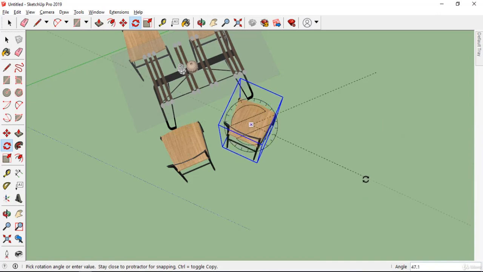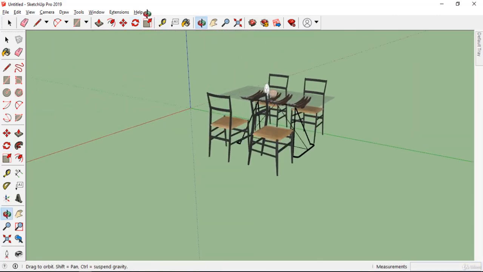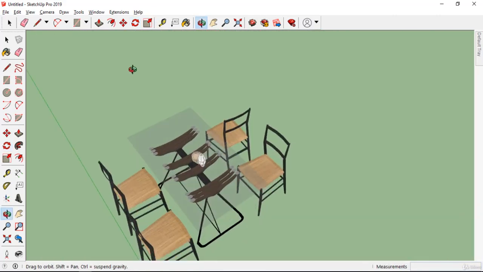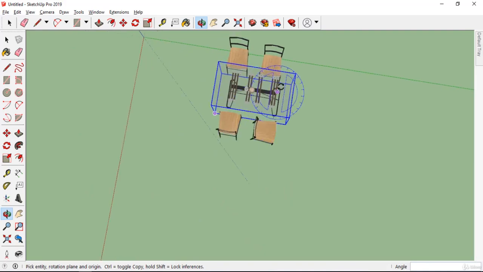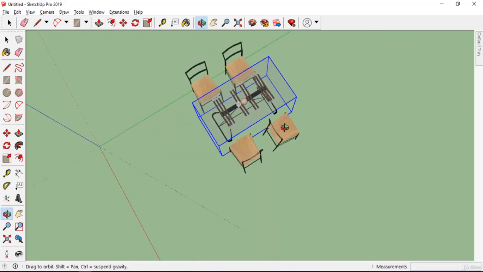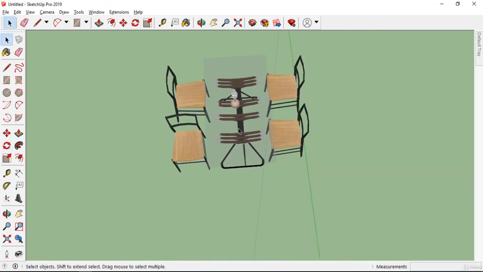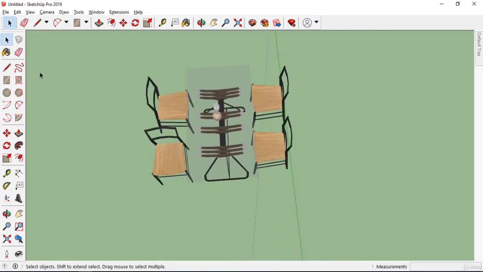So if I want to rotate it by, let's say, 90 degrees, when I type 90, it has rotated by 90 degrees. It's quite simple to rotate it like this. Also, we can rotate multiple objects with this particular tool. If I go and select these